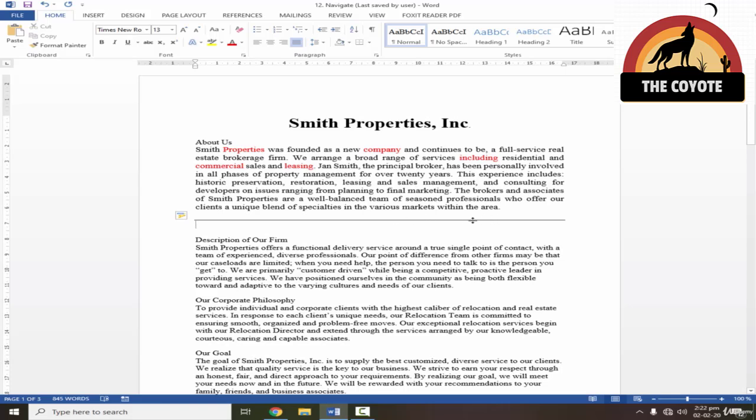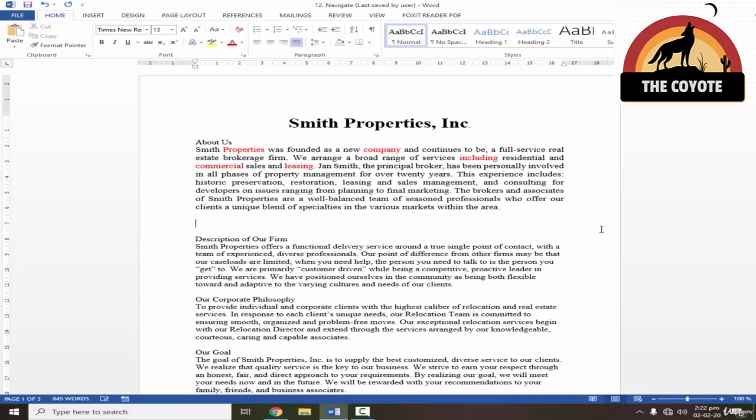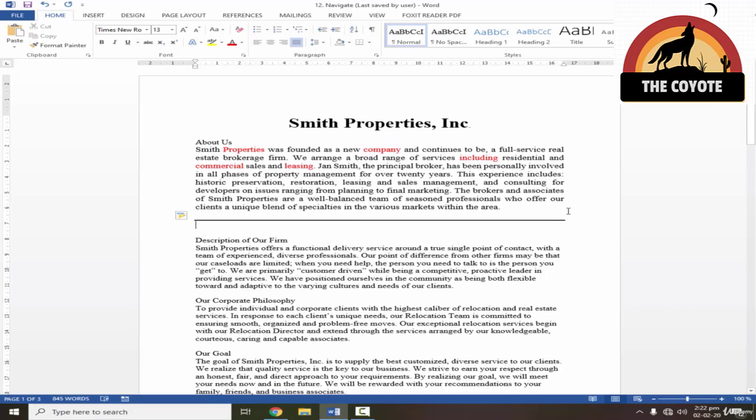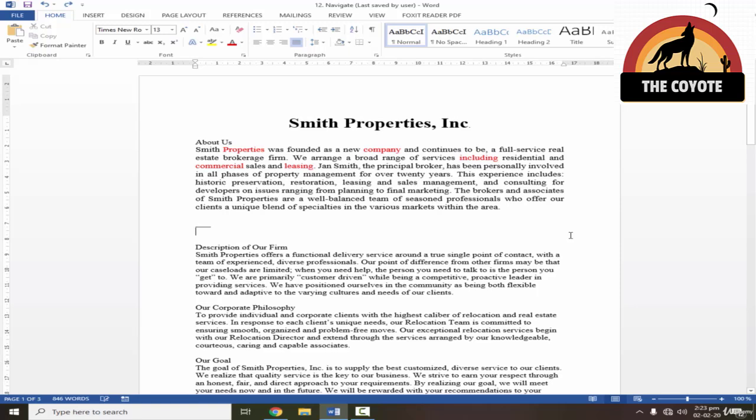Now if I want to make this line a little thicker, I'll just undo it. To make a thick line, just hold Shift and press underscore three times and then press Enter. You can notice that this line is a little thicker than the older one. Now let's undo it. I'll show you one other.